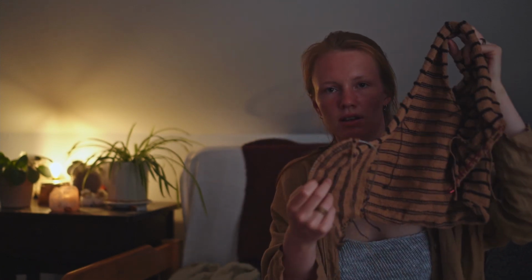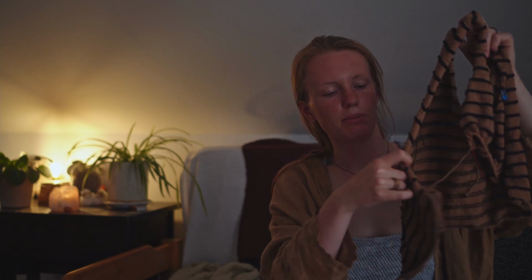Well, what I was thinking is I could undo these rows where I picked them up and then do a different color in front, but I'm not so sure if I like that. So for now it just waits until I know what to do with it. So this was 100% cotton,